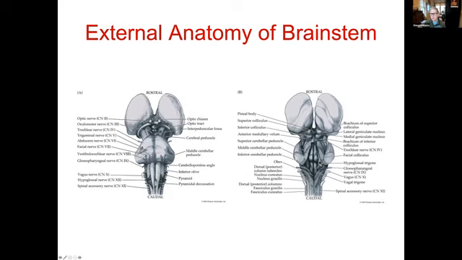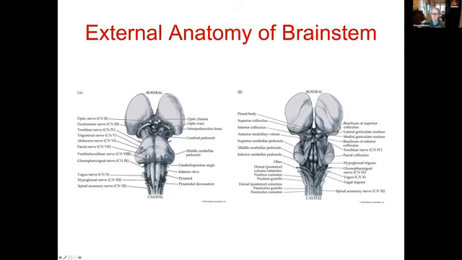In terms of the pons, we don't really see a lot associated with the pons other than these cerebellar peduncles. There is a bulge here on the floor of the fourth ventricle. It's called the facial colliculus. That is a structure that is associated with the pons as well. So in this area up in here, kind of from the top part of this triangle, this should be our area of the pons. And then